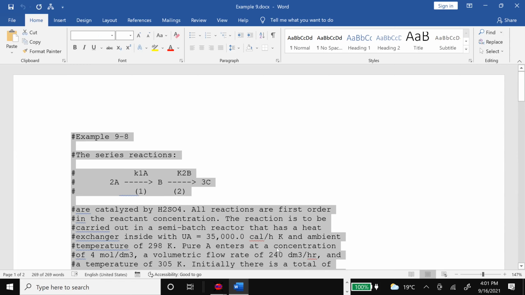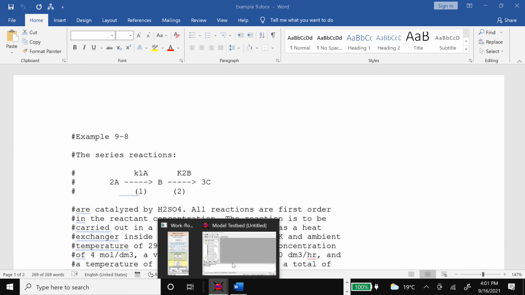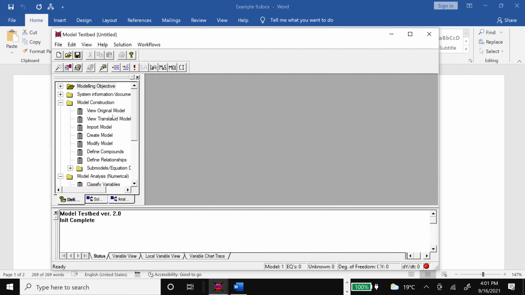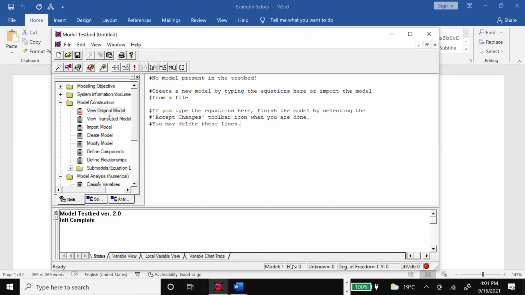Control C, and then I will go into MoT. Where there is model construction, it says view original model. It's blank here, so I will just paste it. Okay, that is as simple as importing the equations. Once I've done this, let me explain a little bit about